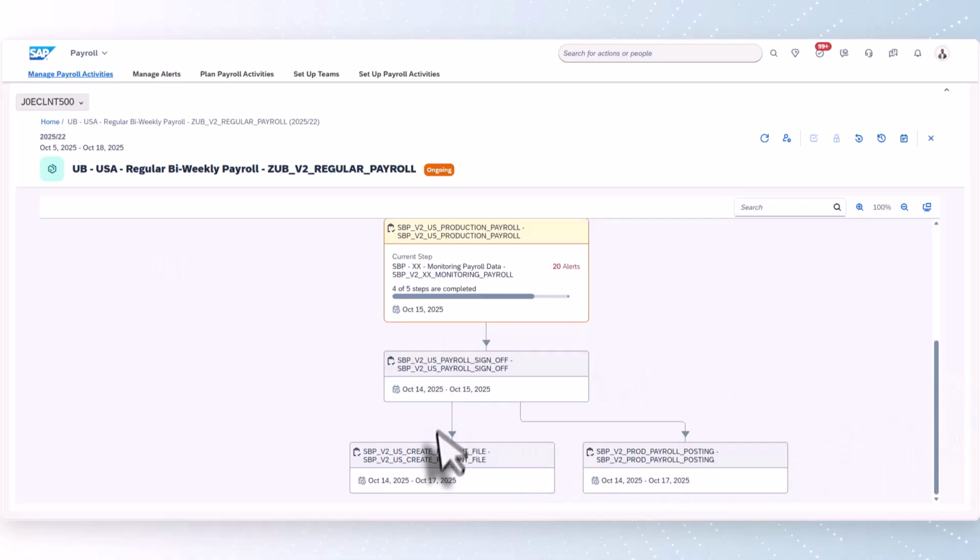I did not run these steps because ultimately, once we close this production payroll, the next step is basically to sign it off, create the payment file, and do the real-time posting. These two steps, once they're done, it's very hard to recover the whole